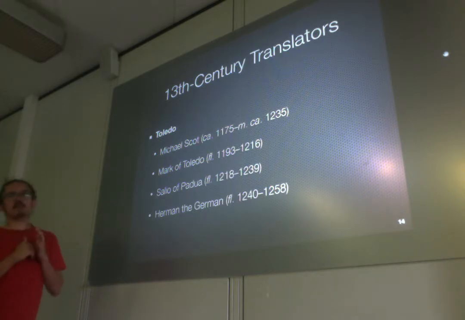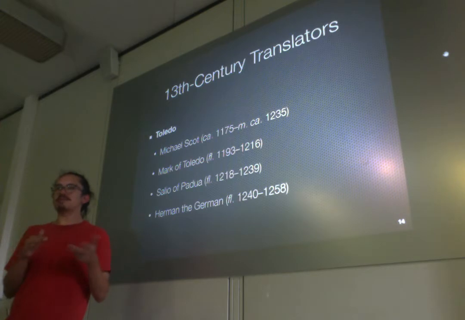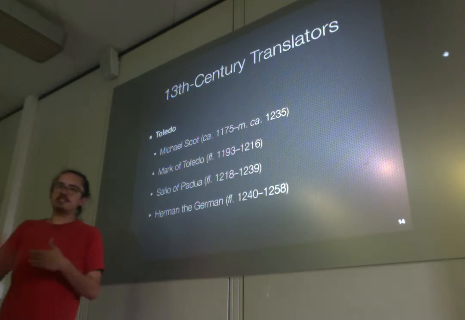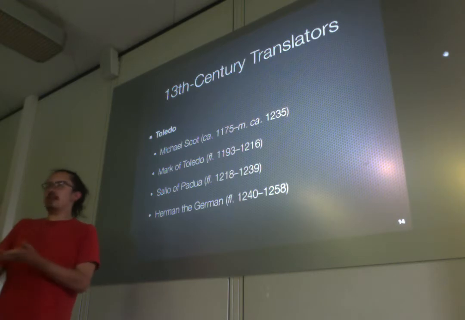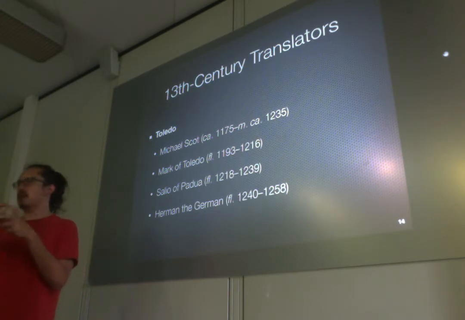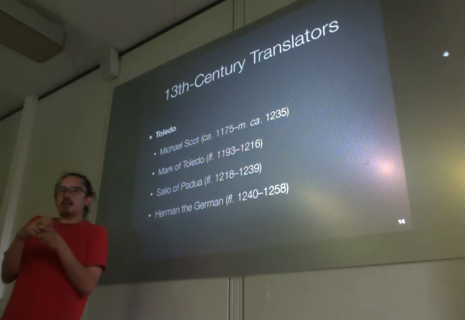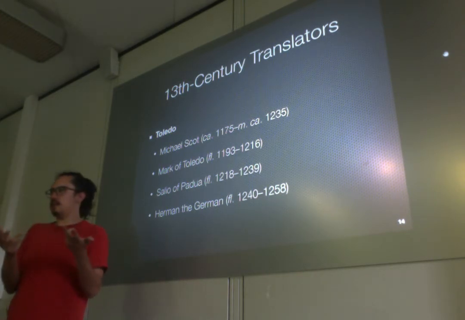In the 12th century, some people have talked about the Toledan School of Translators because there was a continuous translating activity in Toledo. But as a matter of fact, it doesn't seem to have been connected. It doesn't appear that the translators were connected among each other. They seem to have been connected, like, Dominicus Gundisalinus for sure was working with John of Spain and Abraham ibn